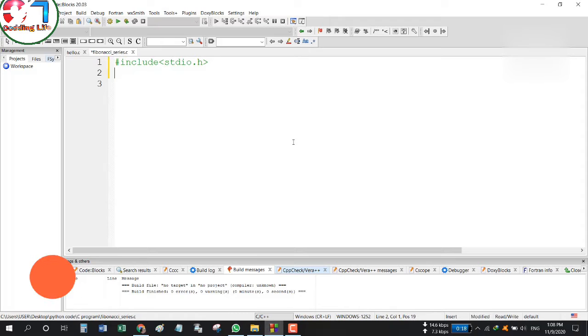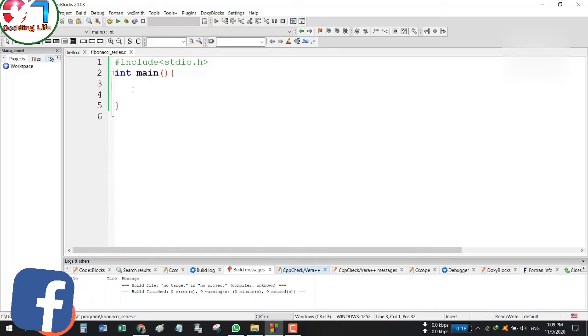After that you have to use the main function, and this main function will consist of what I write in the body, between these curly brackets. So this is the basic structure.